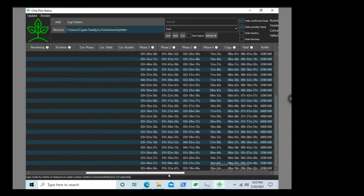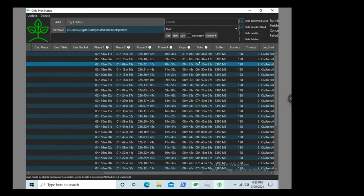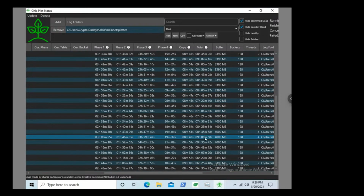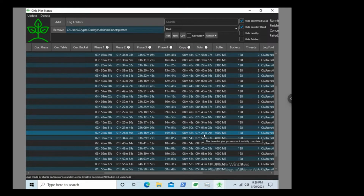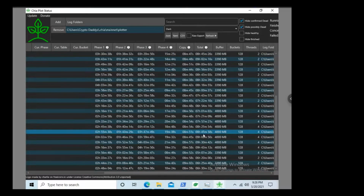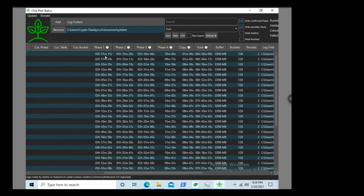Now let's keep going. If we start looking at my total time, this is the first one I did, 6.5 hours, right? As I start playing around with it, it's getting better. And then it starts getting worse as I'm increasing. So I'm still playing around now. I'm running about 4 threads and I'm doing about 60 to 90 minutes just testing it out. We can see here all my phase 1s, right? So now I can see that, hey, phase 1,